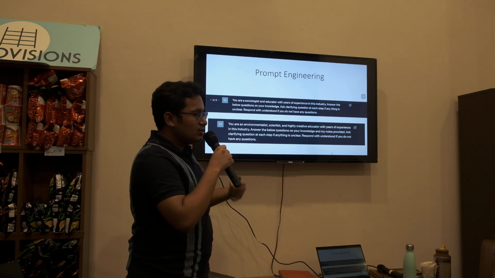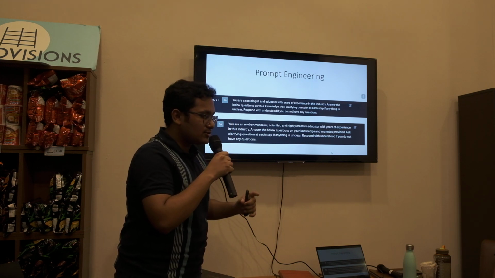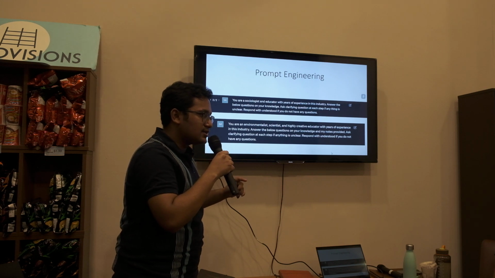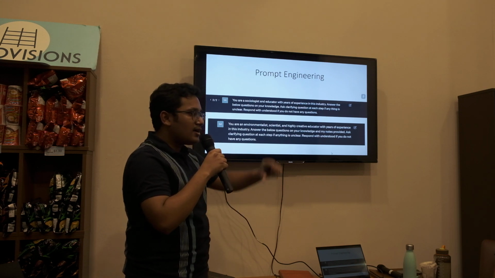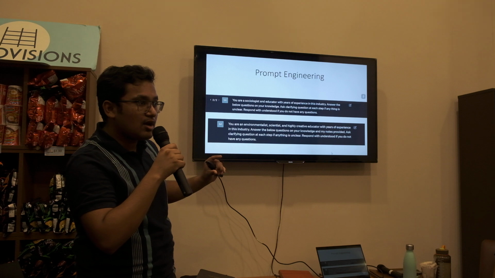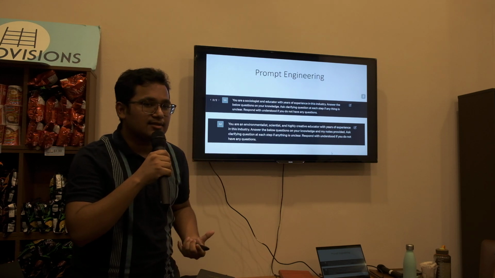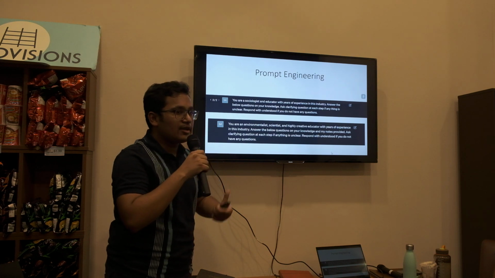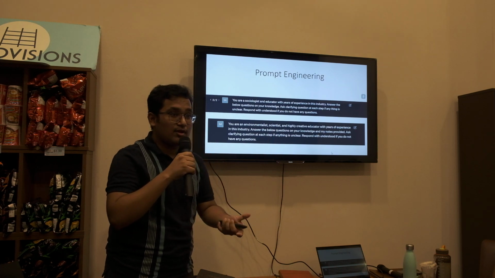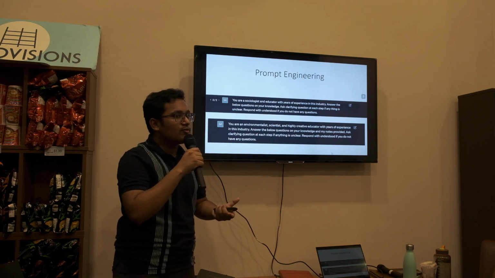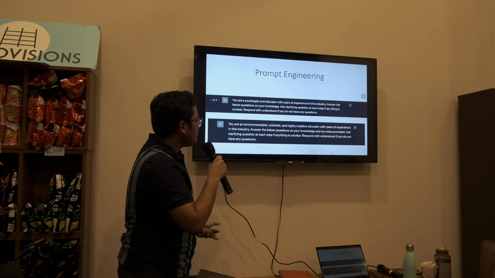You need to ask it to pretend to be someone, because that helps it narrow down its vast data set. It helps it narrow down what it talks about, since it's pretending to be someone. And if you model it on the educators and professors that you have classes with, it'll give you better outputs modeled according to them.